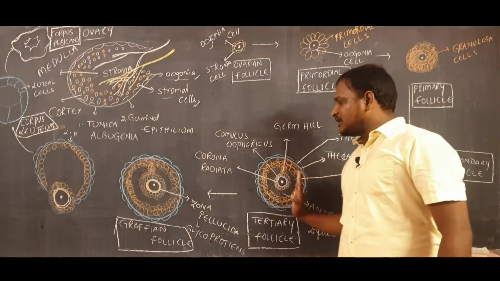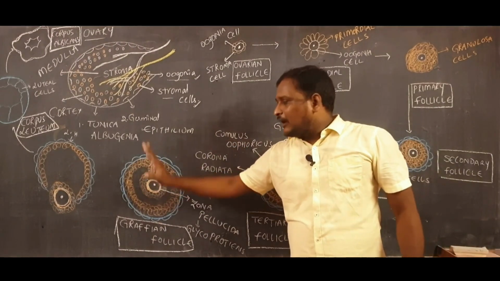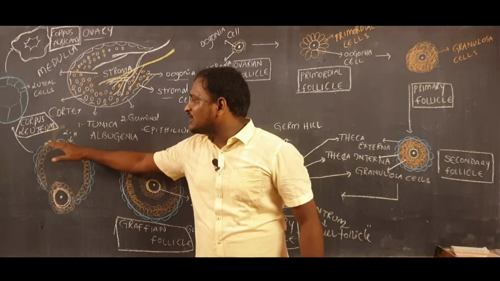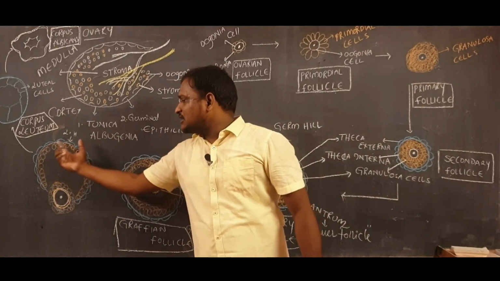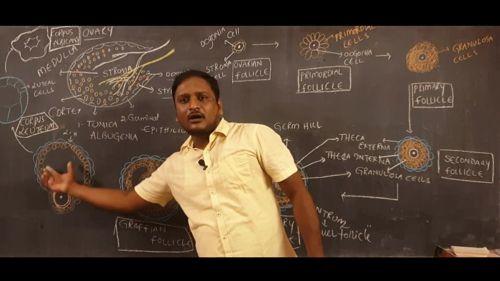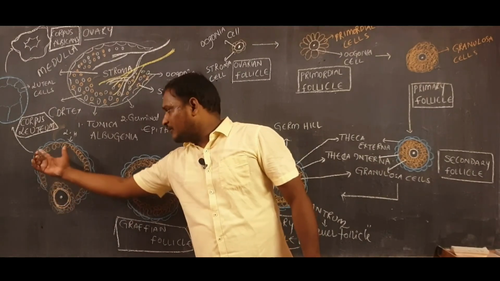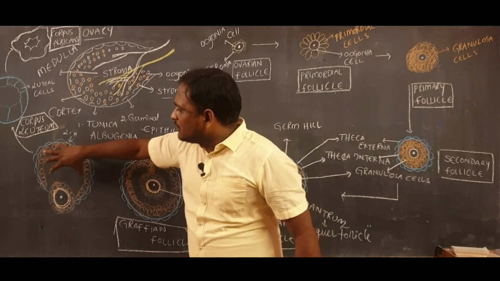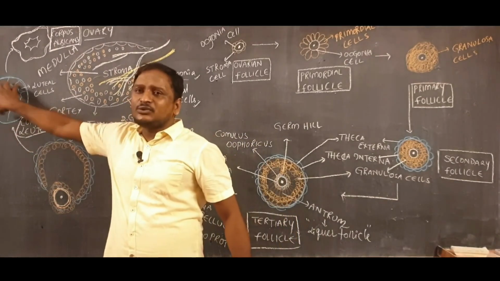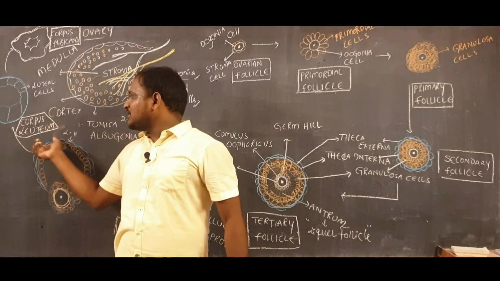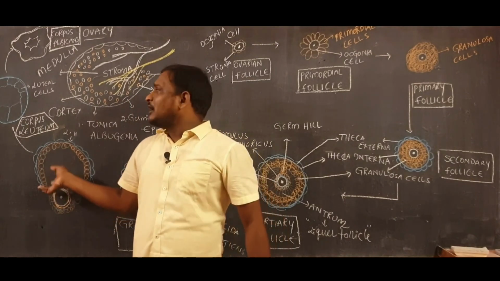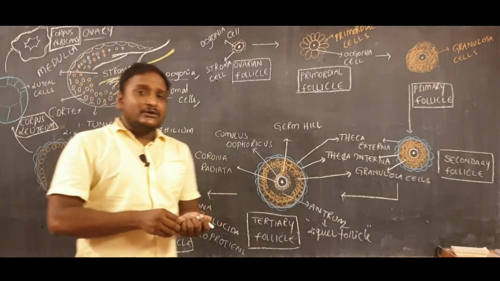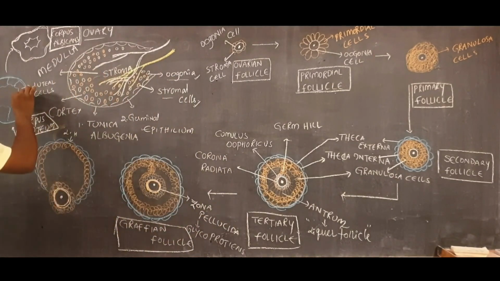That is the main difference between tertiary follicle and Graafian follicle. And from this Graafian follicle, on the 14th day of the menstrual cycle, because of the LH stimulus, the follicle wall will rupture, and as a result, the female gamete will be released outside. And later on, this empty follicle will change into corpus luteum. And here, theca cells will proliferate into the inner side and form a kind of specialized cells which are also called luteal cells. And luteal cells are filled with yellow color substance.